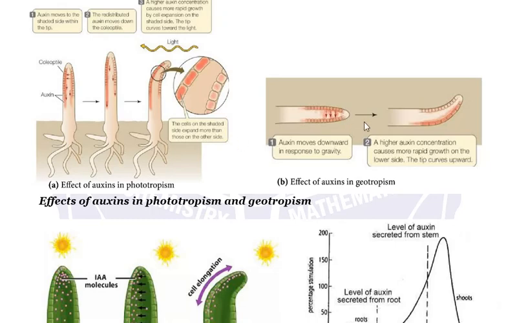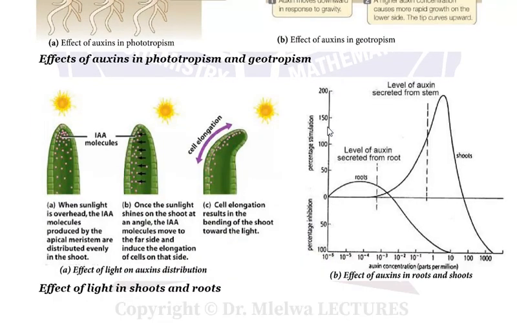And in geotropism, the distribution of auxin is because of gravity. Gravity tends to pull all things towards the center of the earth, and here it tends to attract auxin downward to these cells. Now let's see again this diagram, the effect of auxin, I mean the effect of light